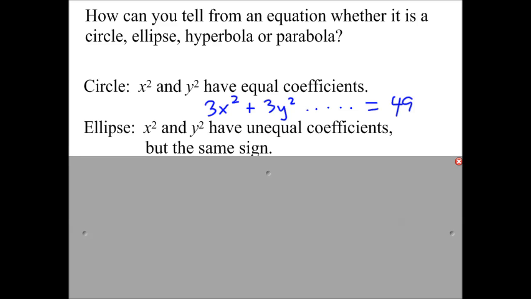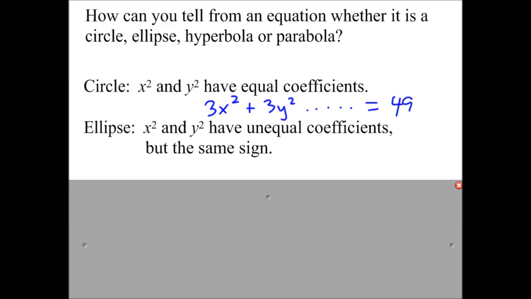If you have an ellipse, you have x squared and y squared and unequal coefficients but same sign. So again, if it's plus, but now I have 2x squared plus 3y squared, and again, there can be other stuff here,